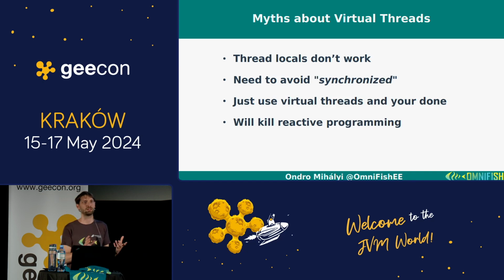I think it's not impossible to overcome them. I think they are going to fix this in newer versions of Java. But with Java 21, there is this limitation, at least in OpenJDK. And if you really want top performance with virtual threads, it's recommended to use reentrant locks, which work in the same way. You just have to create an object and then use it to lock your block, and the semantics of reentrant lock and synchronized are the same.